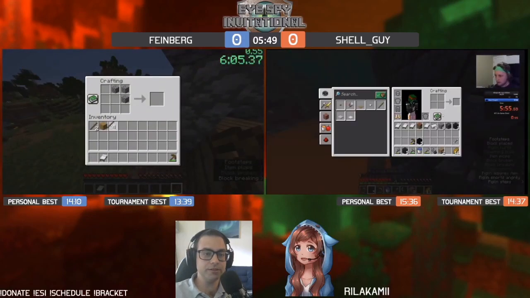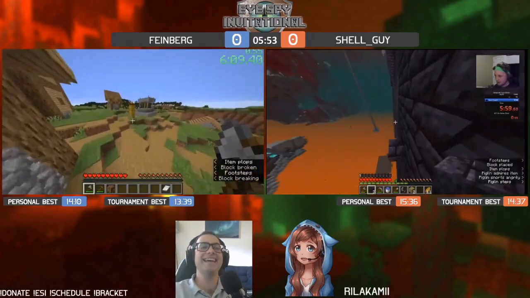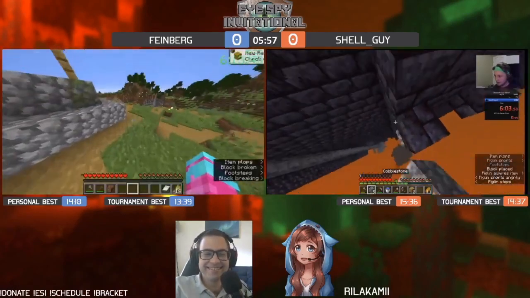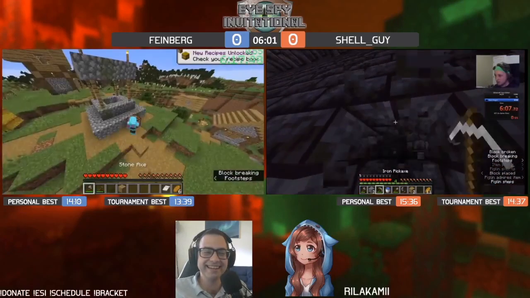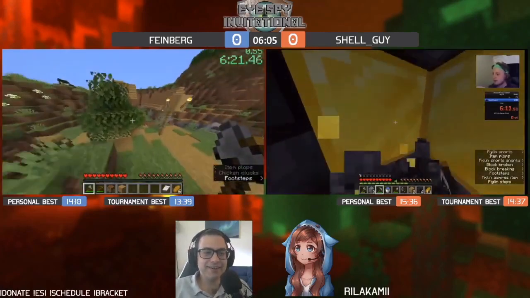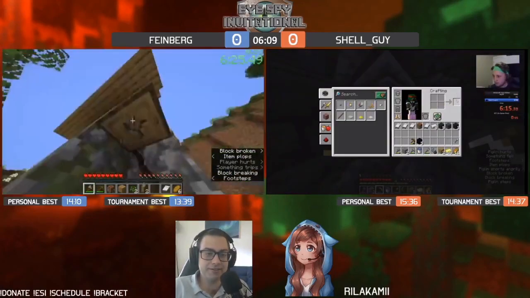Oh, are we seeing the Shell Guy? The Shell Guy block jump along the back of the stables. Let's go. That is so scary. Absolutely terrifying. Oh my god, Shell Guy placed the block right. He's doing it in tournament. One misstep and Shell Guy is off into the lava, and his dreams of winning the $100, he could say